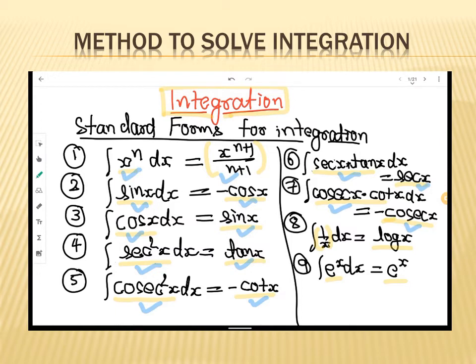If we differentiate log x, then we get 1 by x. If we differentiate e^x, then we get e^x. e^x is the term in which integration and differentiation are both the same. Some more standard forms of integration are